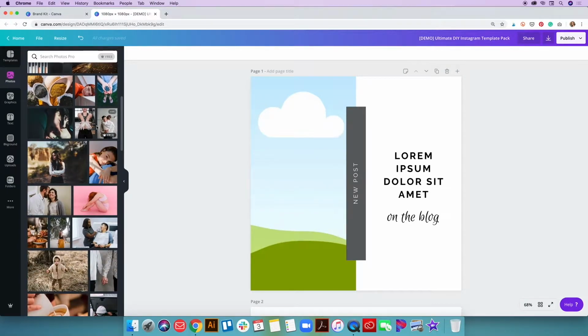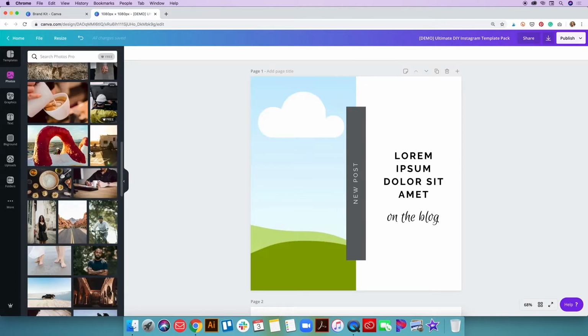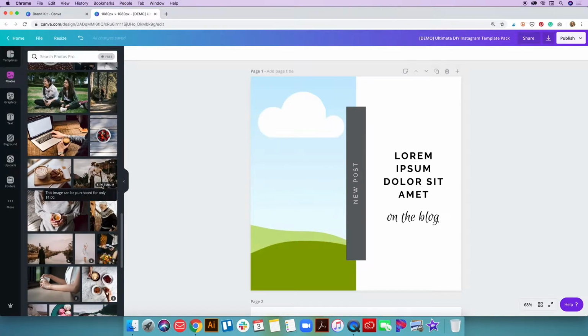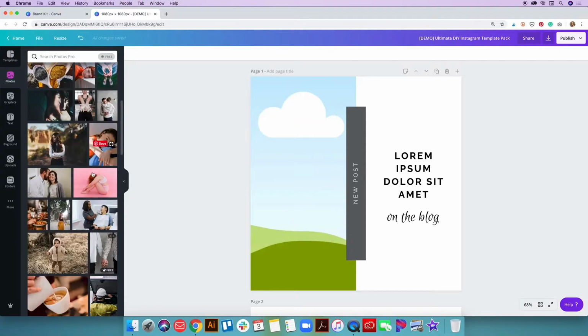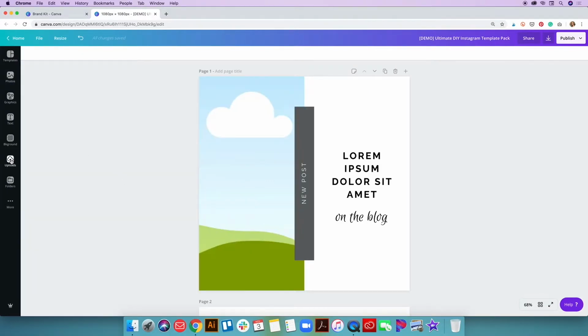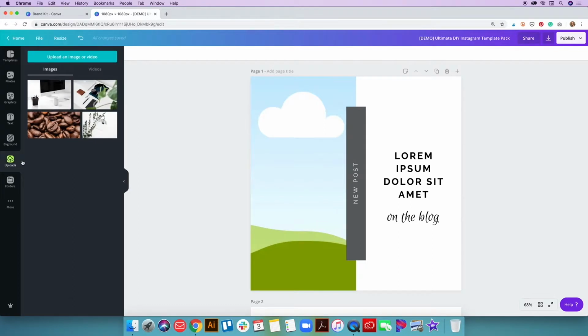You do want to notice that there are free images as well as premium images. So some of these cost $1 if you need to purchase them. Others are completely free to use. So feel free to scroll through these. The second way that I want to show you for the sake of this demonstration is this uploads section. Now, when you click on that, it's going to open your own personalized gallery. This is where you would click to upload and add the images from your computer that you want to use